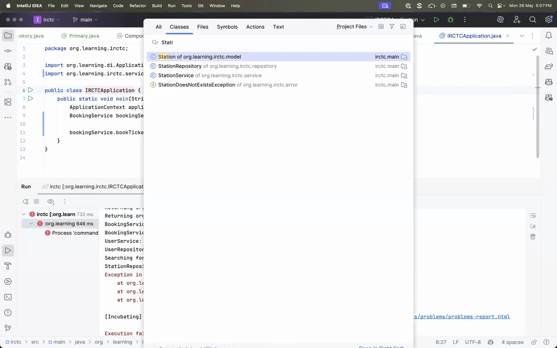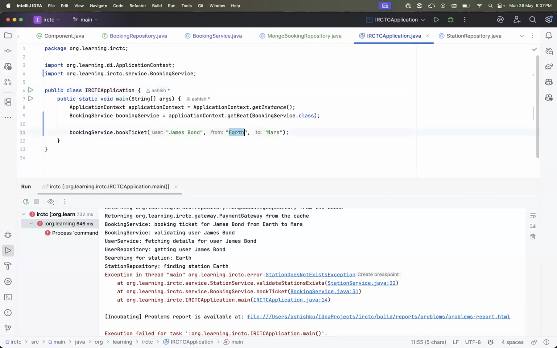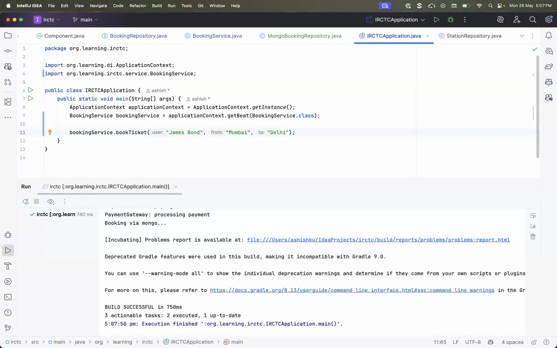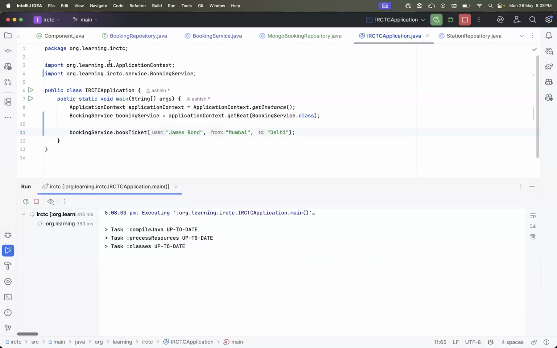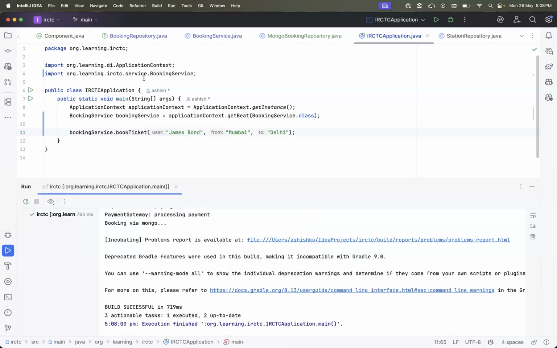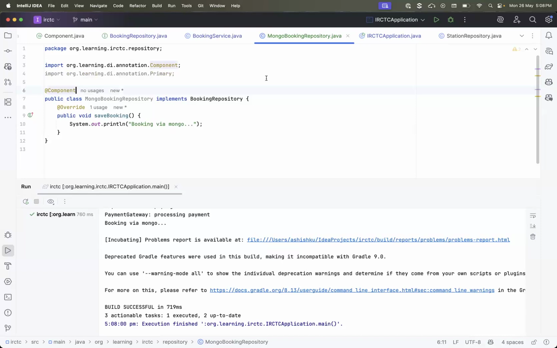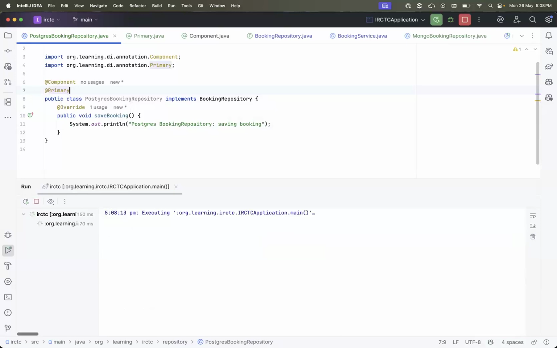So stations repository, Mumbai to Delhi. Service is not yet available for Mars. Okay, so it is working fine, and we can see booking via Mongo. Okay, run this again: booking via Mongo. Now, instead of Mongo, if I put that in Postgres and run this